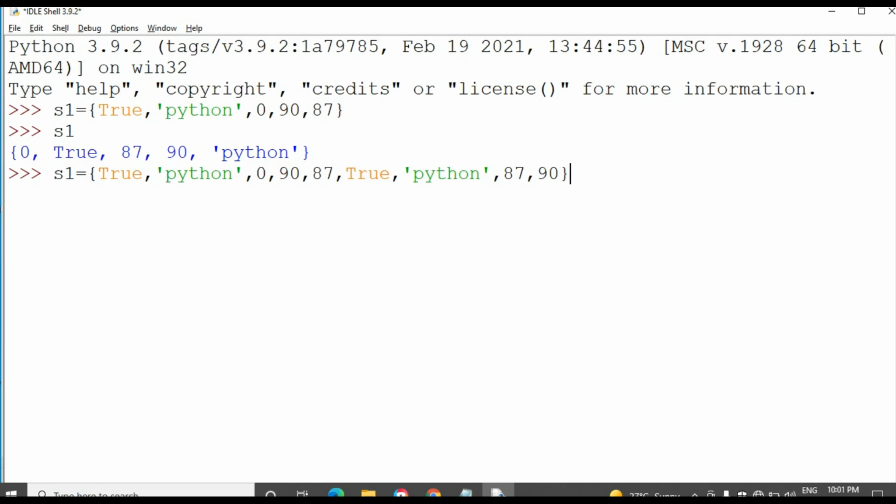Twice I have taken the particular elements. Now I am going to display set 1.